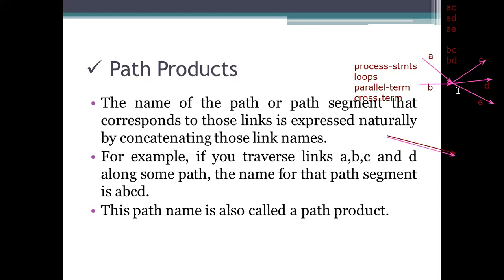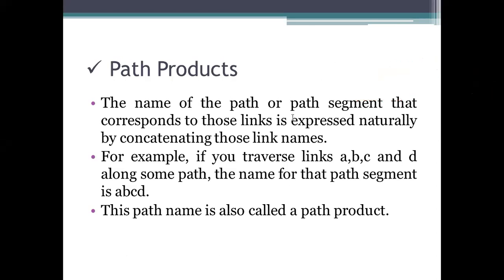So to study a path expression, we need to know about all these things. The first one we get is the path product. Path product means if you are traversing along a path, the path segment is specified, so here the example is ABCD. This path segment ABCD is specified as a path product here. It means the consecutive ones have to be specified. Linearly we are taking them; it's not only one. The consecutive links which have been considered for the traversing will be specified as a path product.